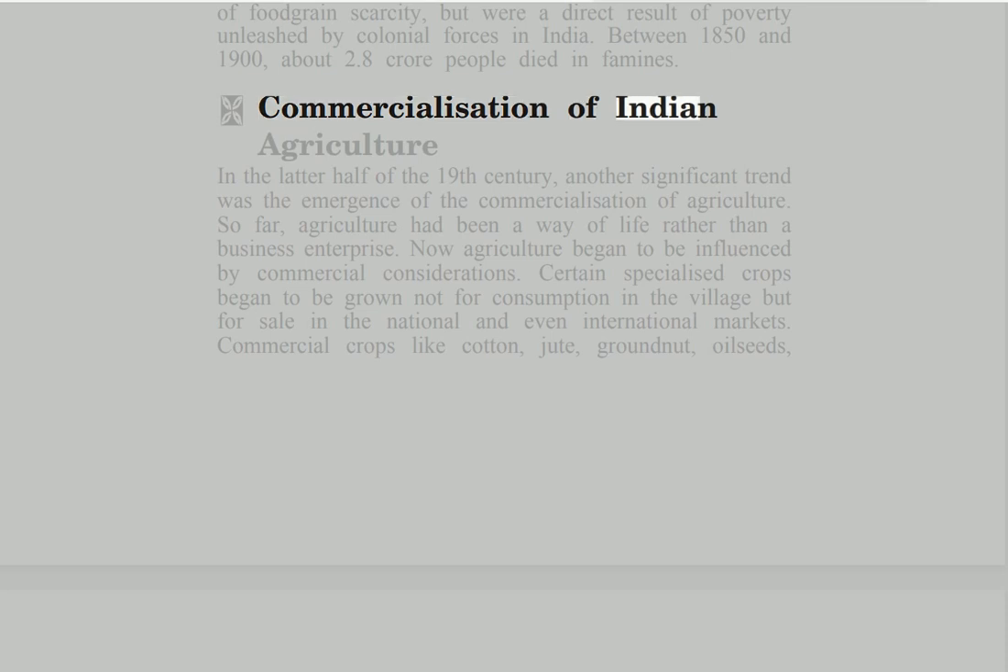Commercialization of Indian agriculture. In the latter half of the 19th century, another significant trend was the emergence of the commercialization of agriculture. So far, agriculture had been a way of life rather than a business enterprise. Now agriculture began to be influenced by commercial considerations. Certain specialized crops began to be grown not for consumption in the village but for sale in the national and even international markets. Commercial crops like cotton, jute, groundnut, oilseeds,